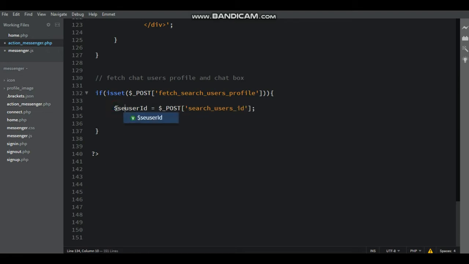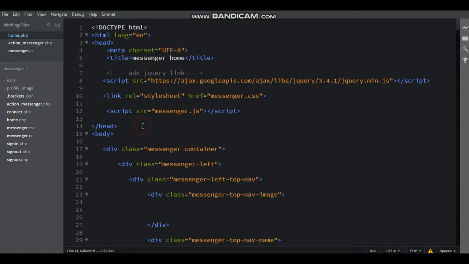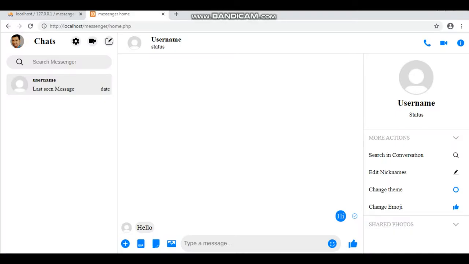Here just change it to $search_users_ID. Here just write echo, that is the output function. Now save the file. Here sending data is the post method. Now save the file and refresh the browser.